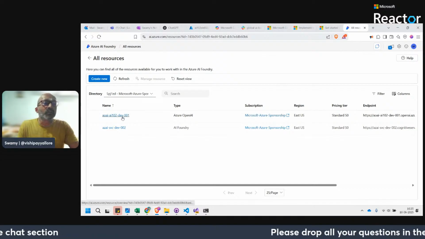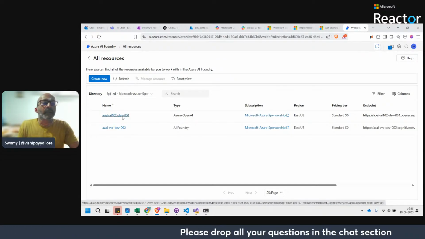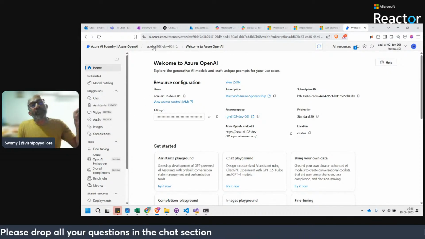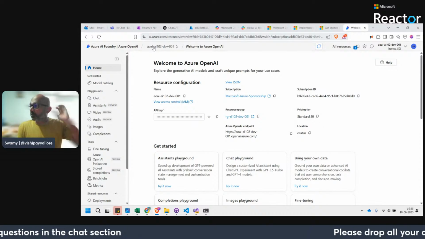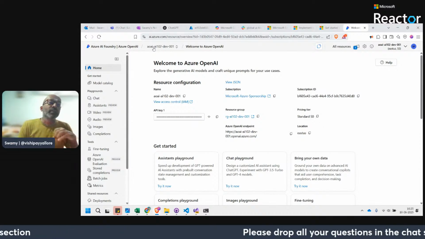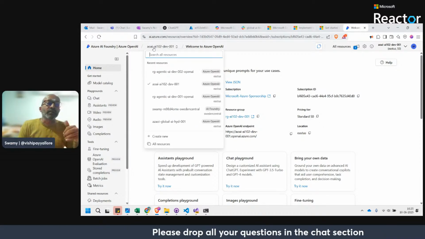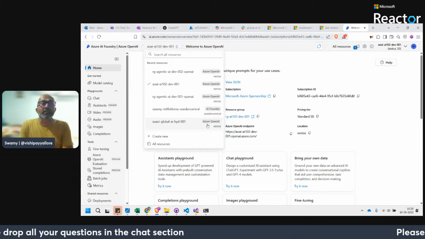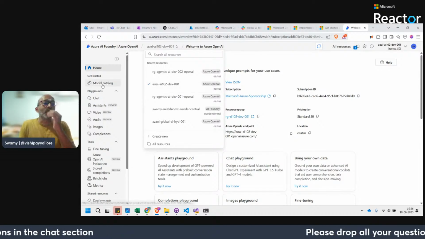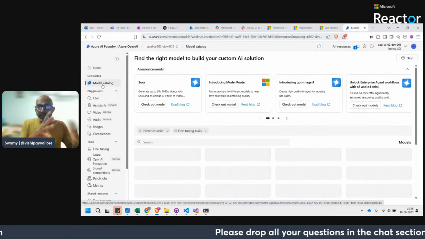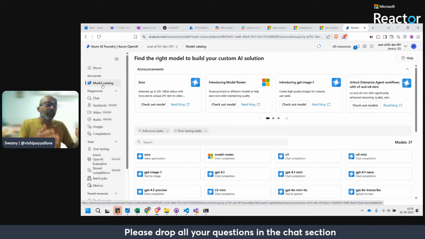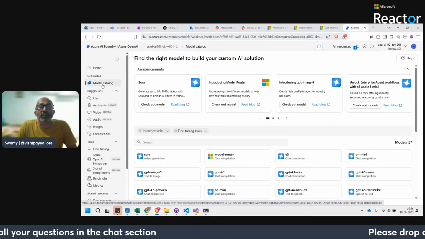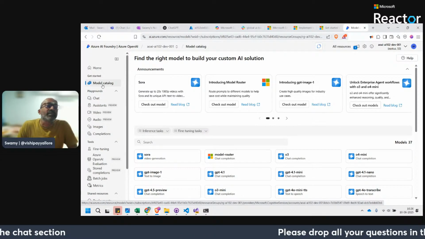I'm not sure. That's the directory, and I think it's not a project. Again, it's referring to AI resources. So even with that, we can work, whether it's an individual AI resource. See, these all are the AI resources. We have selected this, and again, you're working individually with one AI resource coming into the AI Foundry. Previously, we used to call it the AI portal. Now it's being called AI Foundry.